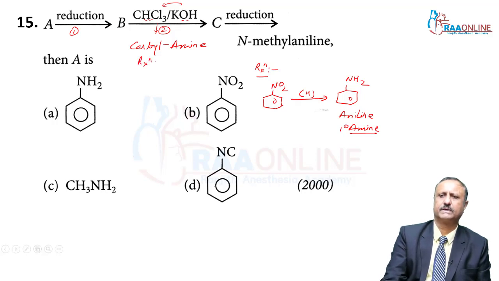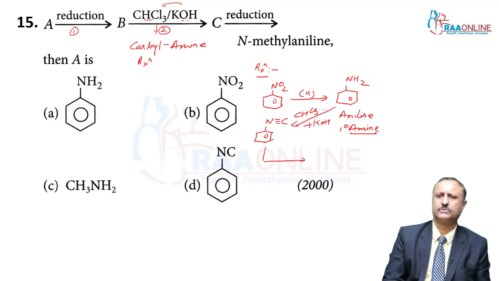In this carbylamine reaction, my dear students, this reaction is only given by primary amines, and here you can see the primary amine is present. Here, chloroform and KOH react with this aniline to form the C6H5NC compound, phenyl carbylamine or phenyl isocyanide. And when this compound is further reduced by hydrogen,